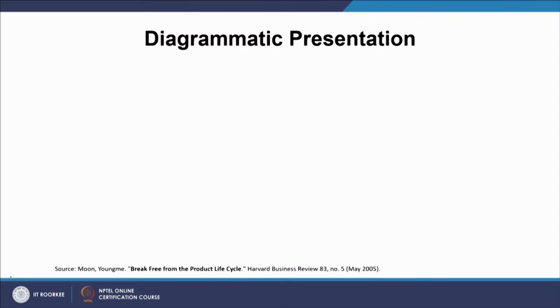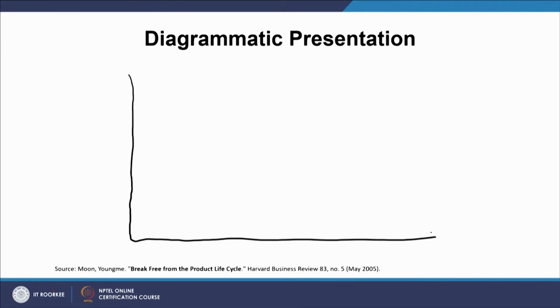So, I will leave you with this thought, but from now onwards I would suggest that if you think in terms of developing a product life cycle graph, then you should focus on drawing it in a slightly composite manner, wherein you can accommodate these two elements which we have discussed, apart from introduction, growth, maturity and decline.